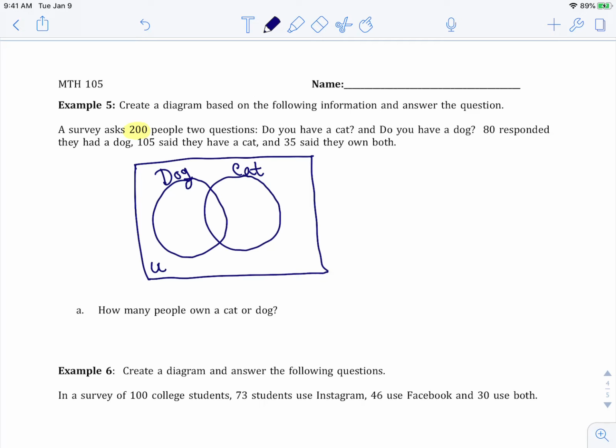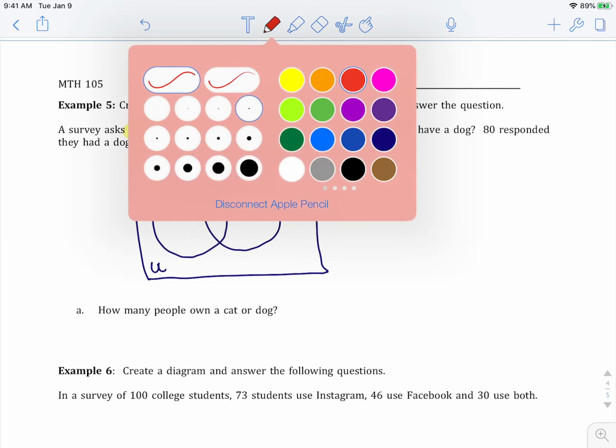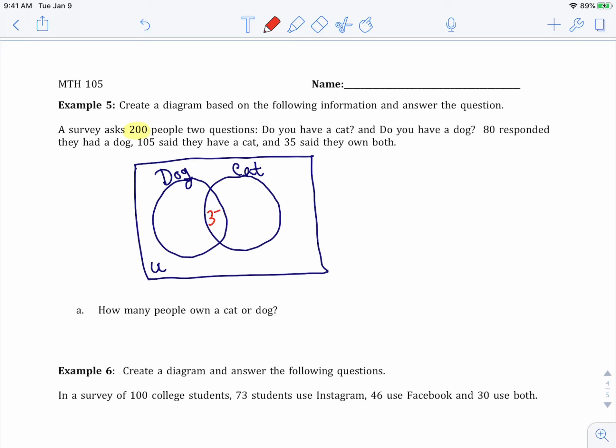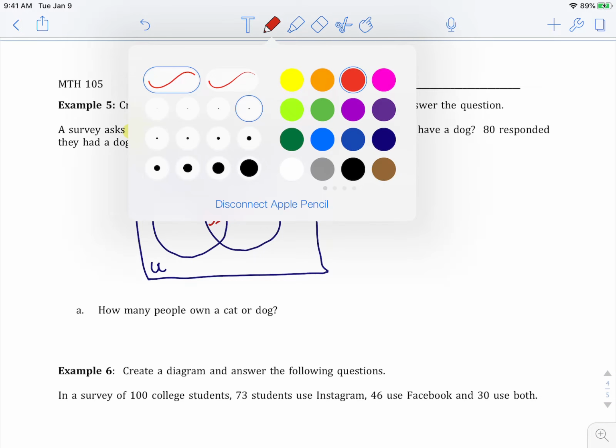This is the key thing. Always start from the very inside and work it out. So 35 say they own both. This is the key thing. Always start in the both section and then work your way out. All right, now it says